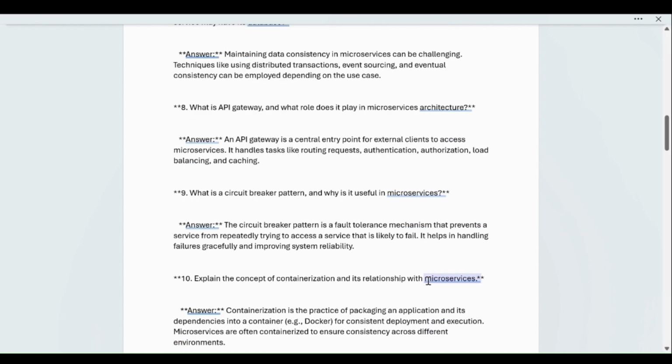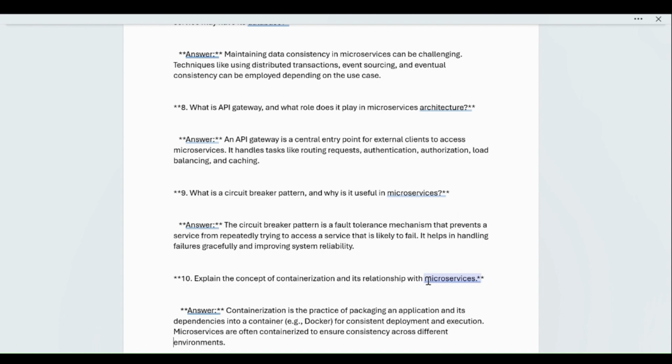Next we have: what is the circuit breaker pattern and why is it useful in microservices? I can give a real-time example. If you are communicating from one person to another person, you are conveying a direct message and there is no middleware. A breaker acts as a breaker, like the name suggests. So in the communication protocol from one person to another, we have added a circuit breaker. Sometimes it is good because if anything is going wrong, you can just drop or stop it at the service breaker, then it won't be delivered to the second person's side.